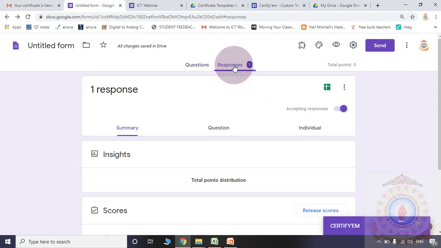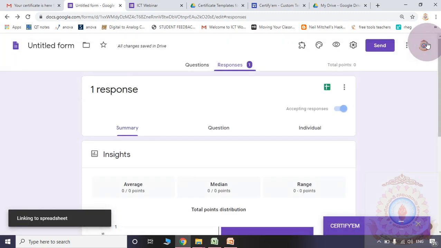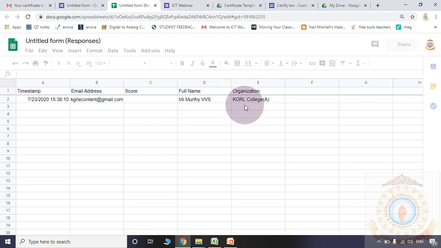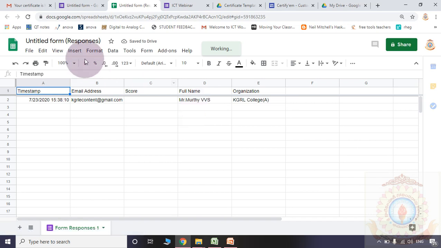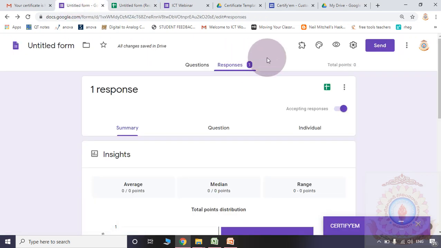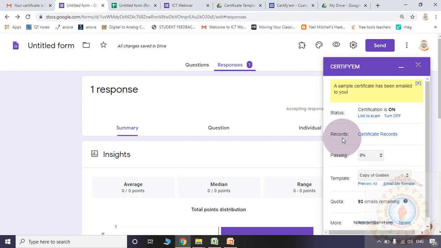Please observe here the responses option is there. In the spreadsheet, you may identify all the responses, to whom you issued the certificate, very clearly. In the Certify EM option, please observe, certificate records are there.